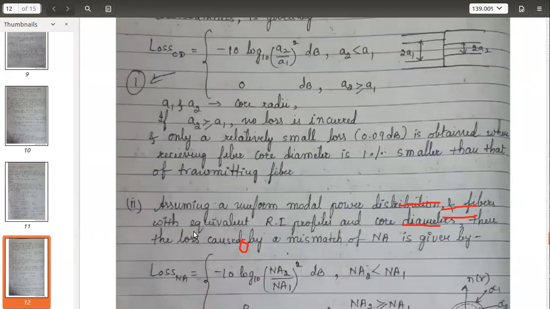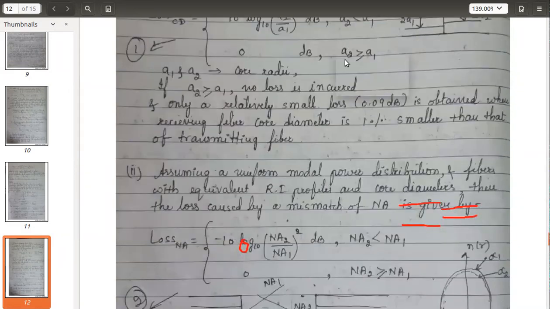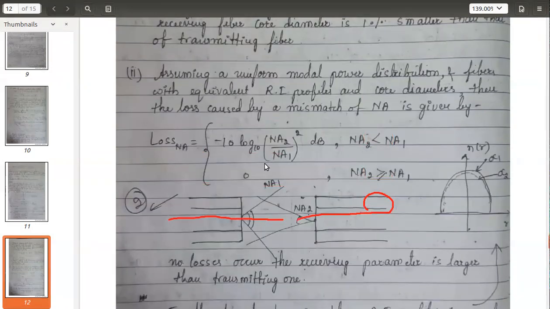Now coming to the second type of intrinsic loss. The second type of intrinsic loss is due to the mismatch in the numerical aperture. The first one was mismatch in the core diameters. The second one is due to the mismatch in the numerical apertures. I think I have drawn the diagram. Yeah, it's here. These are two optical fibers. You can observe the radius and diameters of both optical fibers are the same, completely aligned. There is no problem. So assuming that